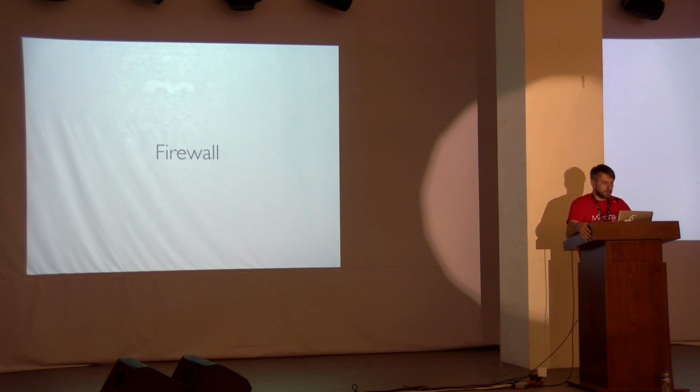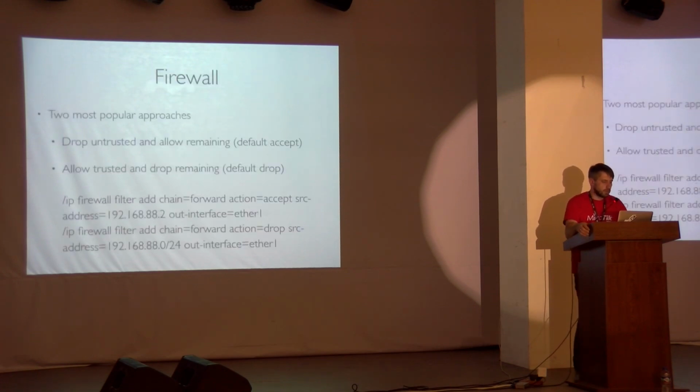Then we will talk a little bit about the firewall. The MikroTik firewall by default operates with 3 chains, to work with 3 different types of traffic. We have input, where you get all the traffic that is going directly to the router. Then we have forward, the so-called client traffic, which is all traffic going through the router, and in most cases it is client traffic. And we have output, which is for traffic that is generated by the router itself.